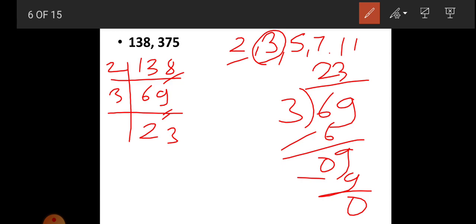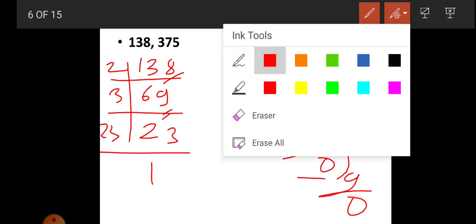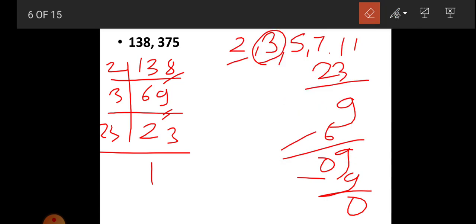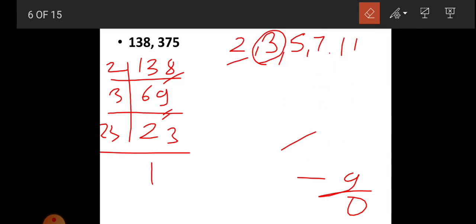Students, you learn the prime number, then you identify which is the prime number and which is not. Now 23. 23 is a prime number. 23 is not divisible by any number, only 1 and itself. So 23 ones are 23. Students, you learn the prime number, then it is very easy to identify the prime numbers and we solve it easily.